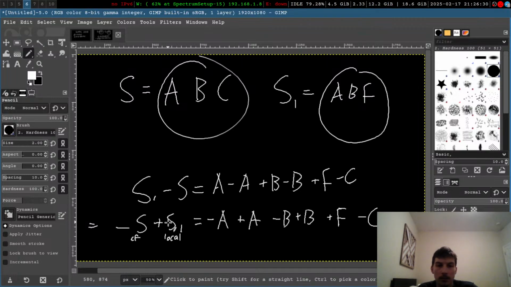And what we need to do is say, okay, well, let's separate this term one more time. Let's separate the negatives into their own thing. Right, so what does this describe? So we have an A, we have a B, we have a C, and we have a B, we have an F,